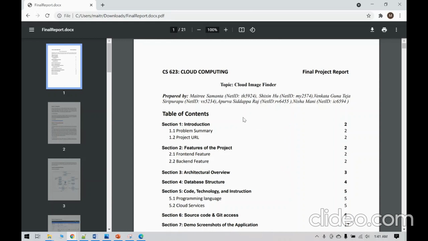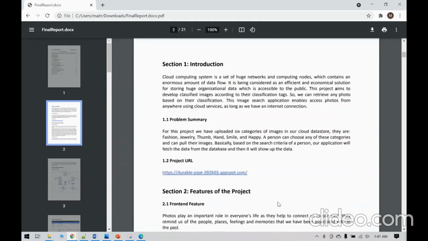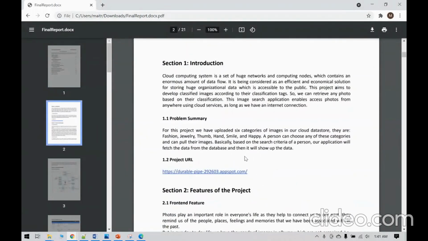Our topic is Cloud Image Finder. The aim of our project is to classify images according to their classification tags, so we can retrieve any photo based on their classifications. This image search application enables access to photos from anywhere using cloud services, as long as we have an internet